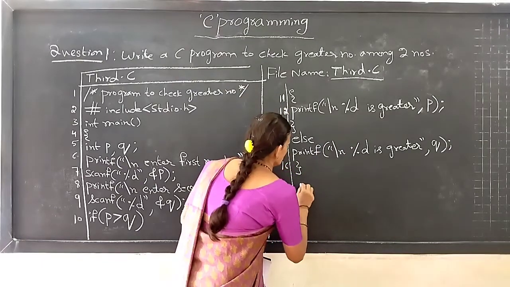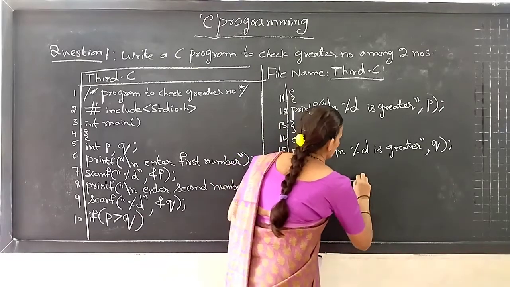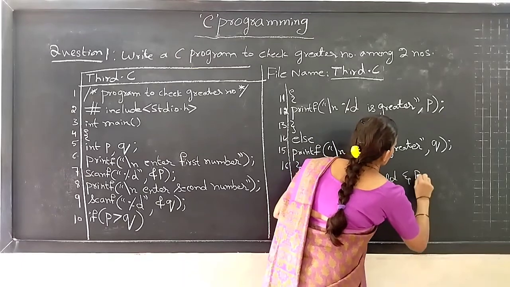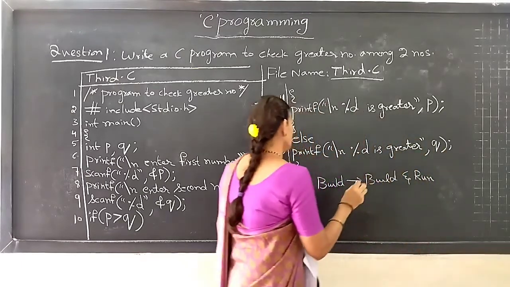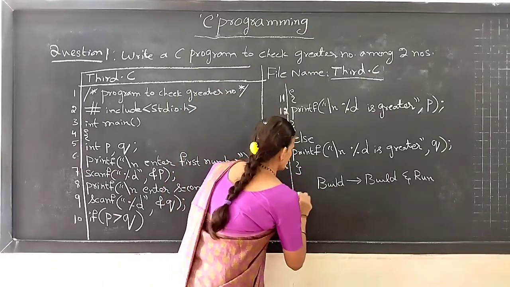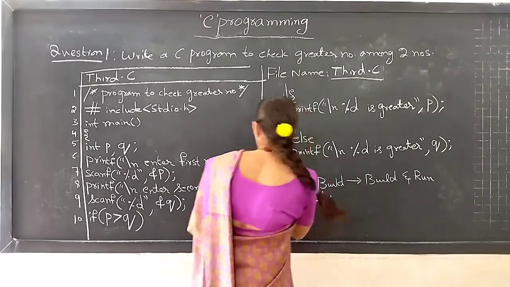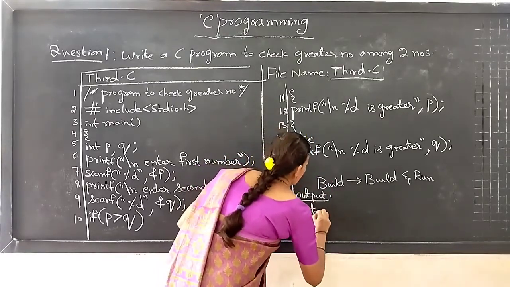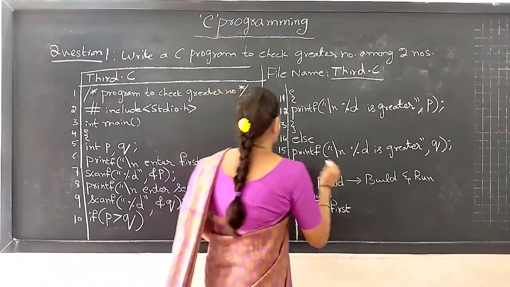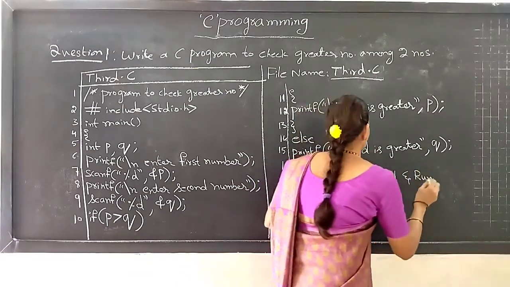code we have written. So go to the menu bar, and in that you select Build and select the option Build and Run. So you will get the screen of the C program, and you will get the answer as "Enter first number". What we wrote, enter first number, no? So you will get the question as enter first number.